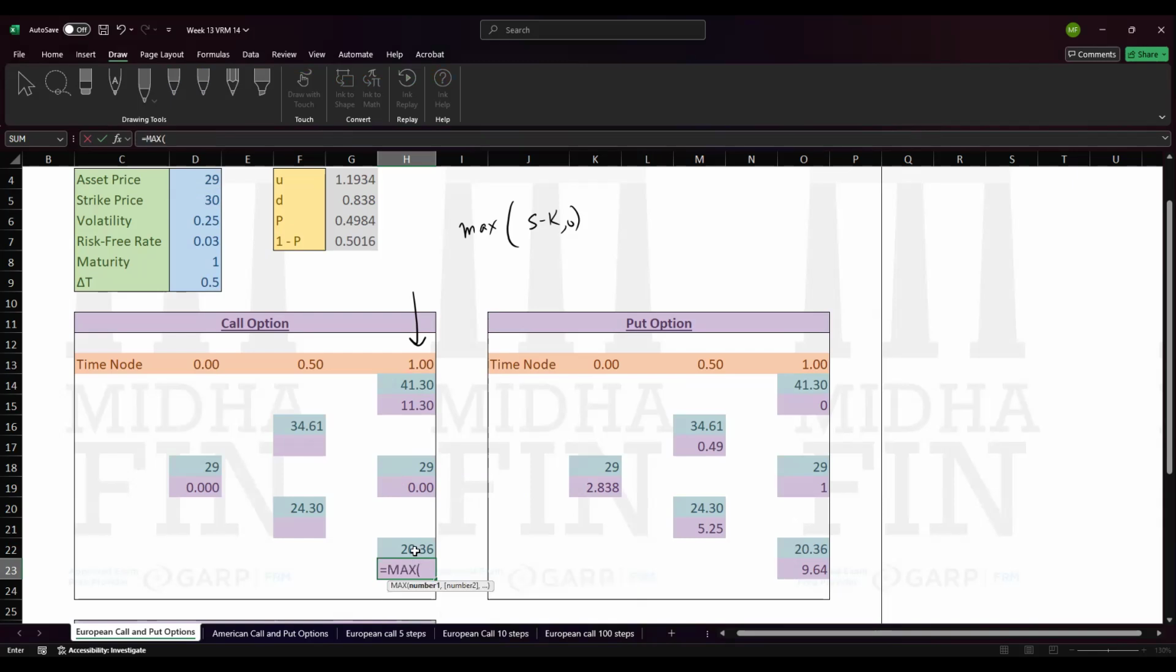So in the last case also, is equal to max of 20.36 minus D5, comma 0, which gives us again 0. So we have the option payoff at t is equal to 1. Now what we do at every point before it is find out the discounted weighted average and then its discounted value. So to find out the option's value over here, the first thing that we have to do,